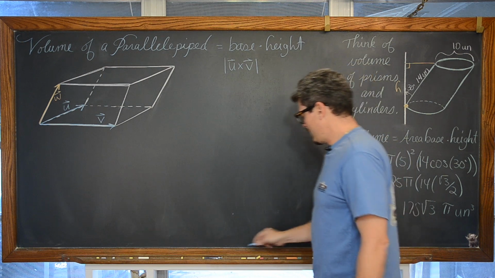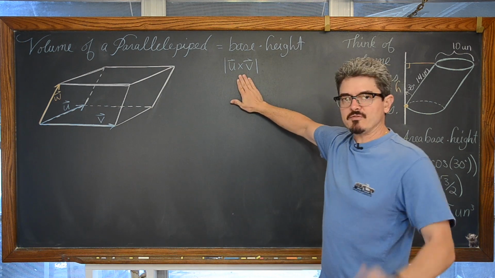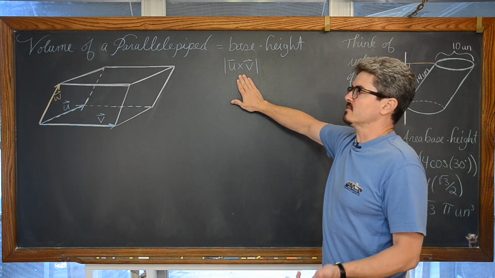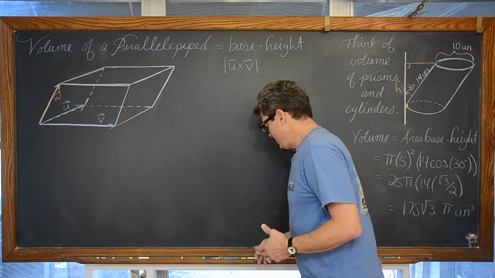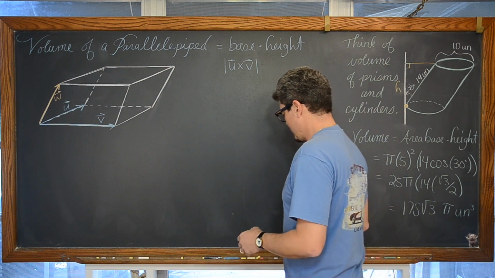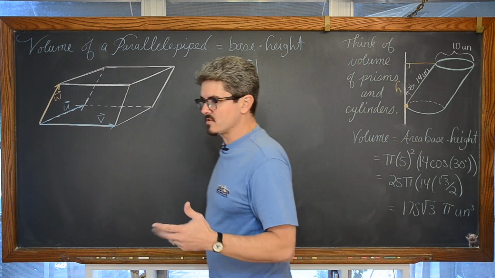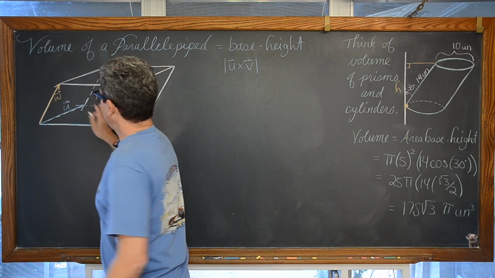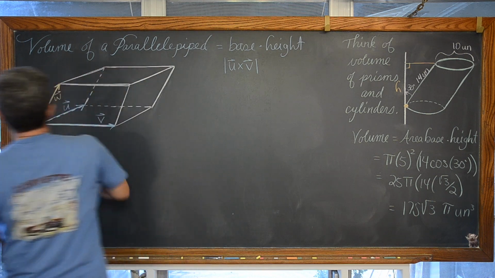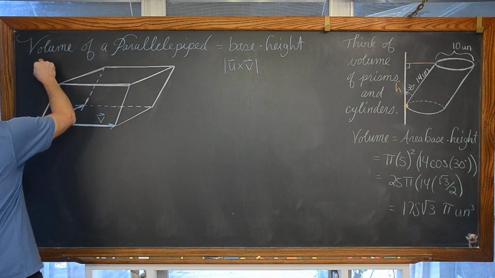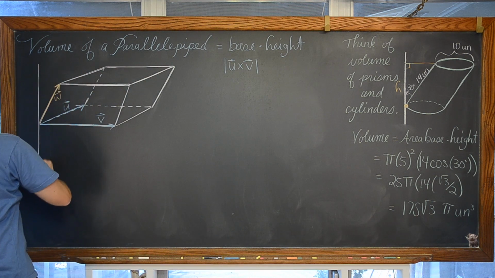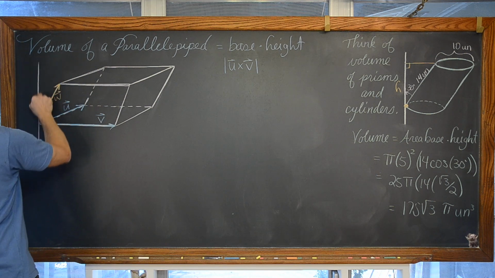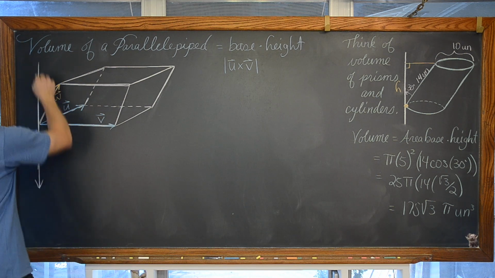Well, what's going on is, we have to find the vector cross product between these two vectors. So let's just remember that it is a new vector which is orthogonal to the two vectors that you did the cross product with. So we have vectors u and v here. Let's draw what would be an orthogonal vector to those two vectors.